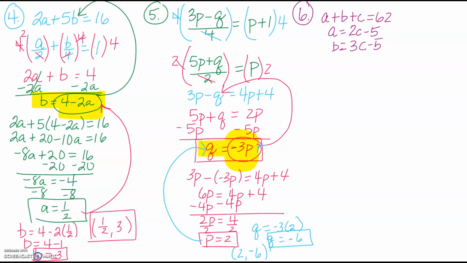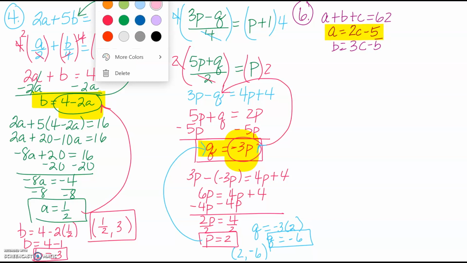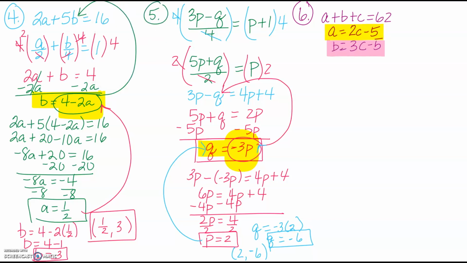So in this case, I'm going to go ahead and replace A with 2c minus 5, and I'm going to replace b with 3c minus 5. So when I go to do that, my A is going to come here. My B is going to go there. So instead of A, I'm going to write 2